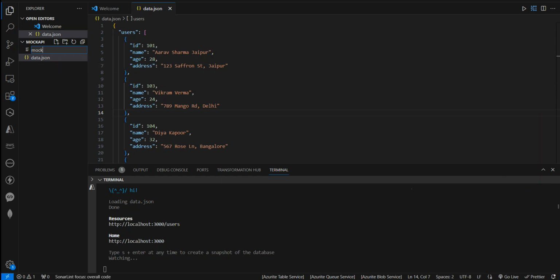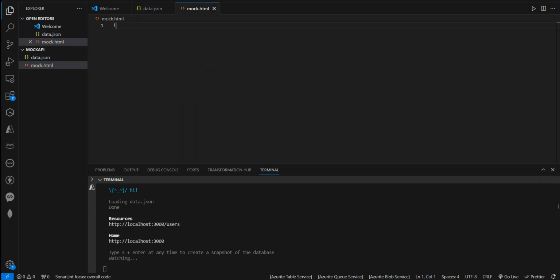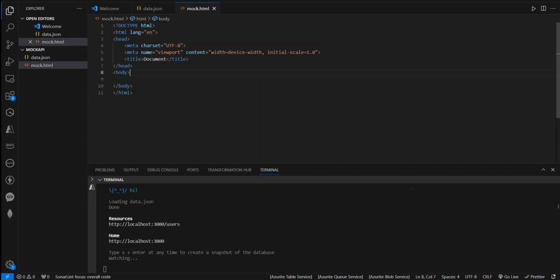Let's say mock.html, and let me create the template. Okay. Then as per the use case, we need to populate the table. We need to click a button, retrieve the data, and populate the table. So first let's put the button. Okay. Get data. Okay. And id equal to get data,